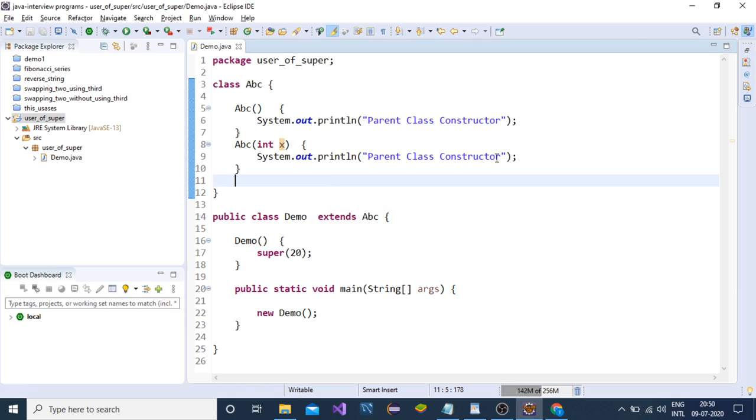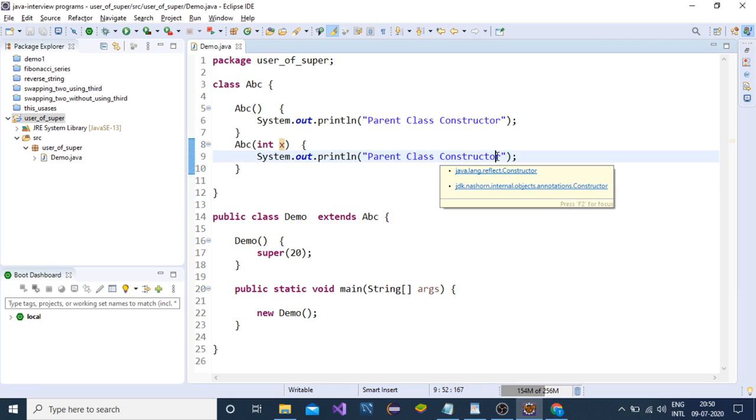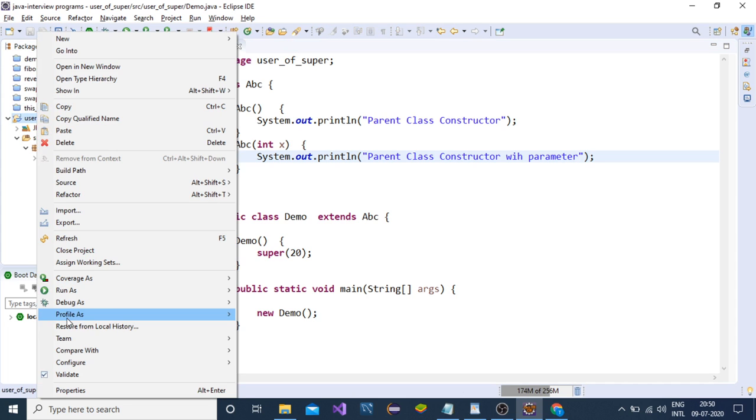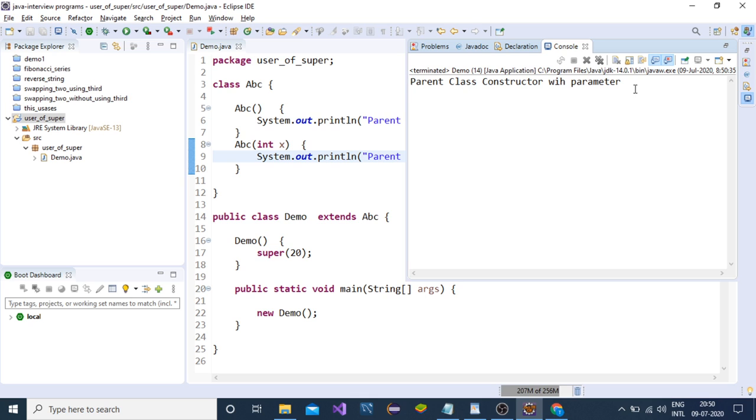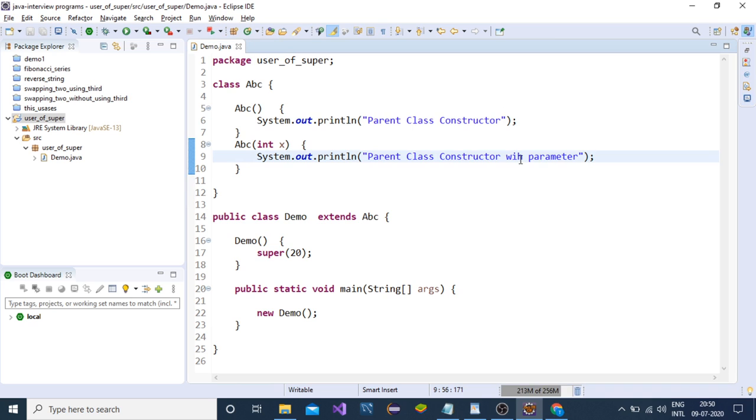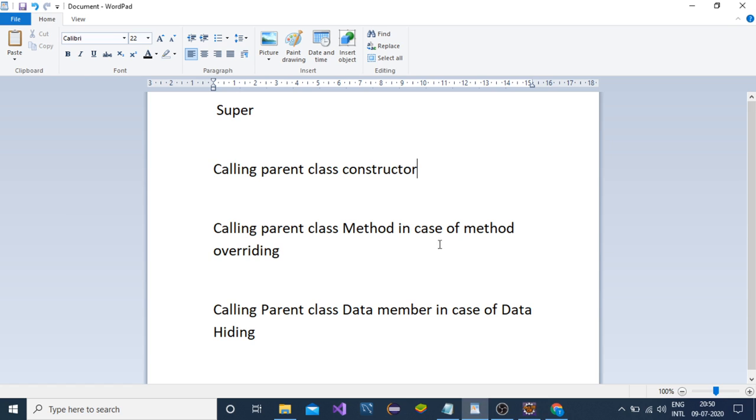Oh, we have given the same message. I am changing the message to include the parameter. Check the output. Parent class constructor with parameter. So we have seen the first use of the super keyword.